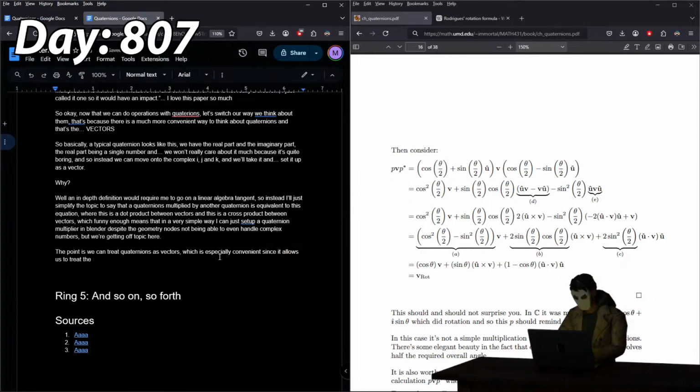It allows us to, when using the dot and cross products, which